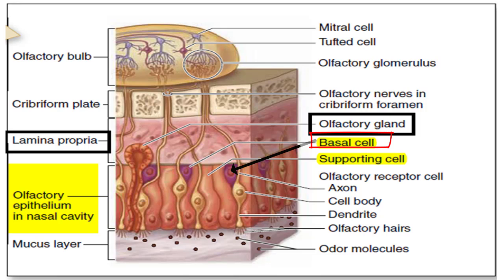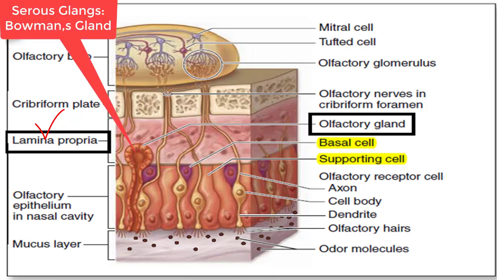Dear doctors, that was all about the functional histology of olfactory epithelium, its cells, and how they are doing their job. We have seen how perfectly they are designed and how perfectly they do their job. So at the end, I want to tell you another important point: the lamina propria of olfactory epithelium also contains large serous glands. We name them Bowman glands, as you can see here. In kidney, you also know there is a Bowman capsule, but here in olfactory epithelium, we have Bowman glands.